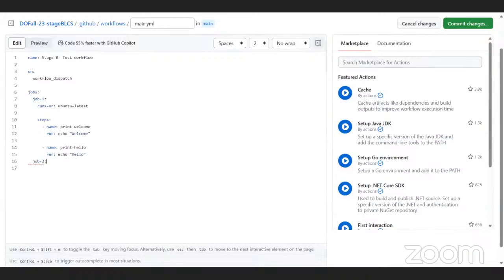So this is job 2. I'm going to give a tab once more. So job 2. For every job you create, it needs where it is going to run on. So job 2 is also running on what? Ubuntu latest. Let's pick this up here and then paste this. So when this comes in,